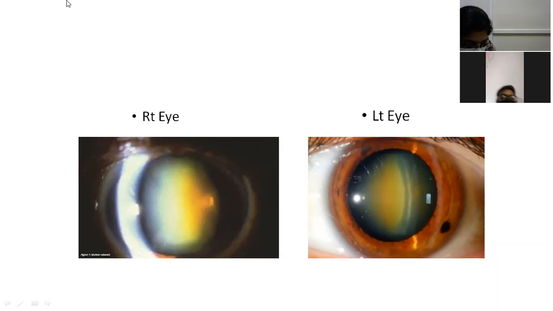Okay. What are your treatment options here? Anterior capsular cataract surgery, extracapsular cataract surgery, and intracapsular cataract surgery. So intracapsular cataract extraction is only of historical interest. Nowadays, we are not doing it. Even if you find a subluxated lens, we try to remove it and place a scleral fixation or some other type of lens in the posterior chamber. So what is routinely done? Only extracapsular cataract surgery.